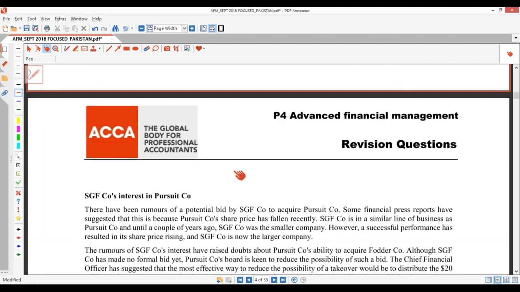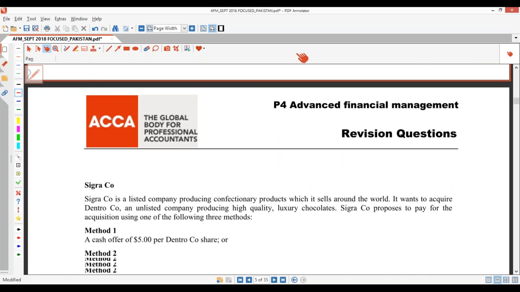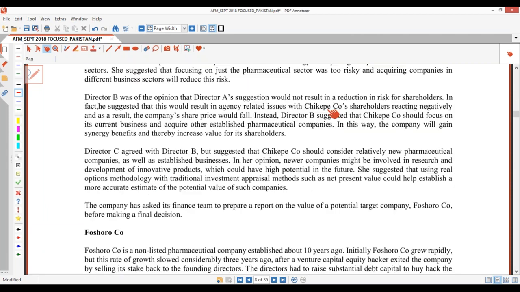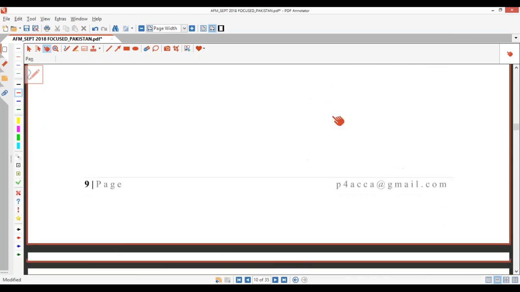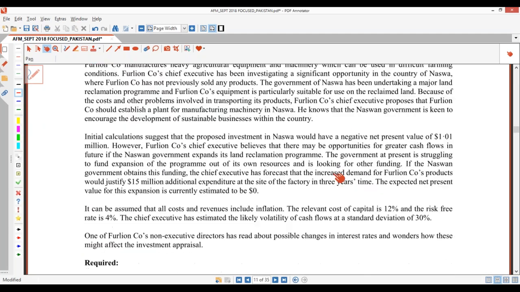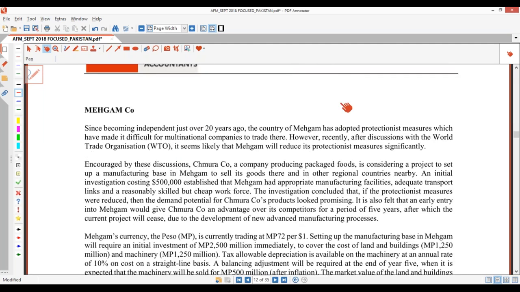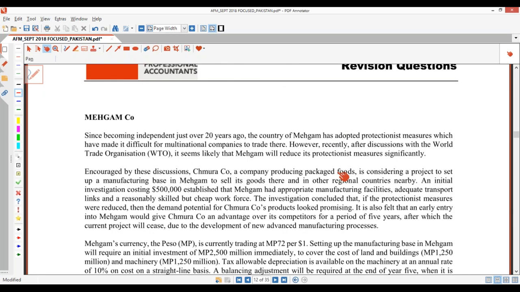What we're going to do today is divide this session into investment appraisal, focusing on foreign project, foreign investment appraisal, and also we'll move on slowly to Black-Scholes option valuation in terms of real option. There's one question I would like to do today, which deals with options together with international investment project appraisal.